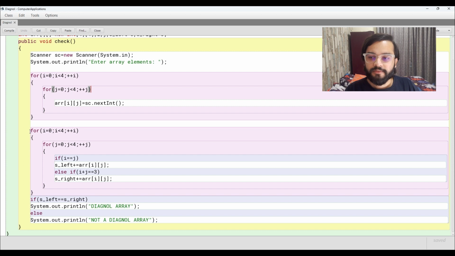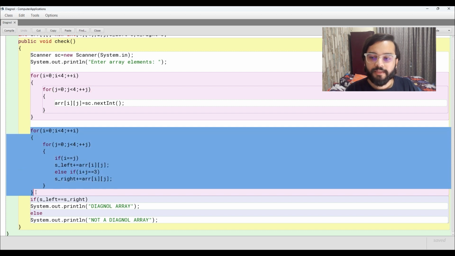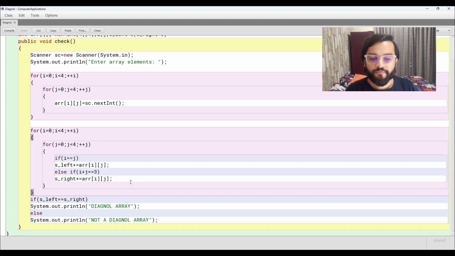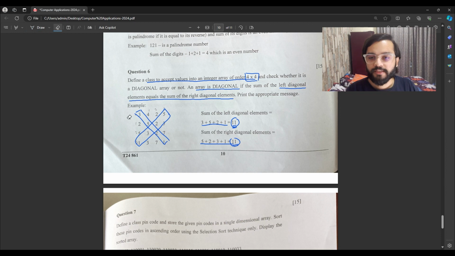Now here is the condition where I am adding the sum of the left diagonal and the sum of the right diagonal. If we look at the question, this is our 0th row, this is our first row, this is our second row and this is our third row.